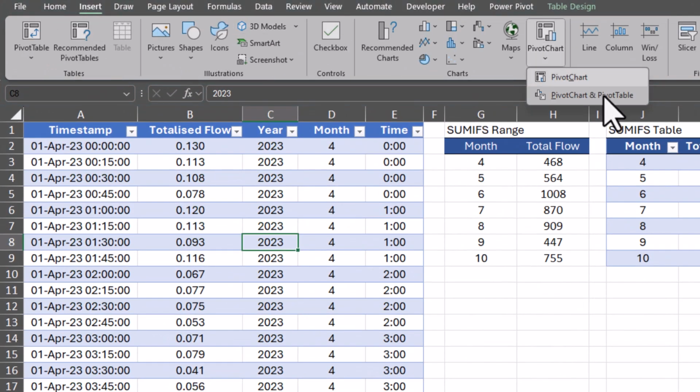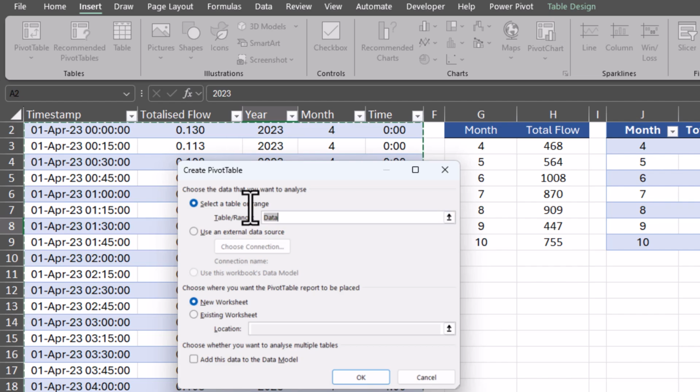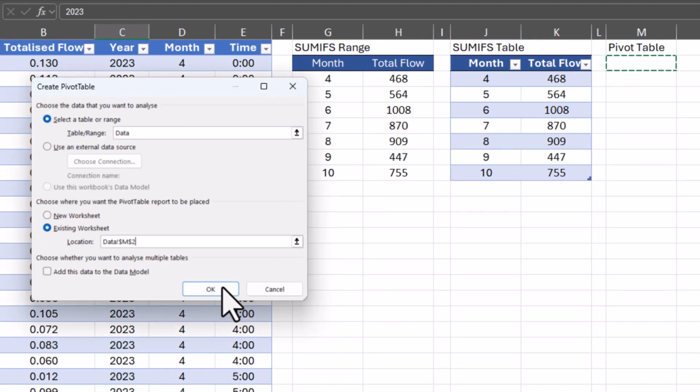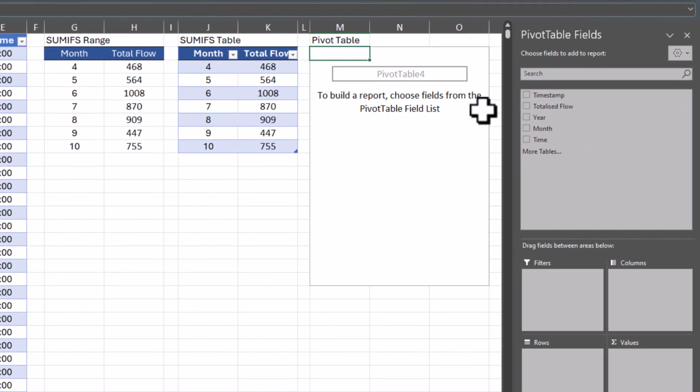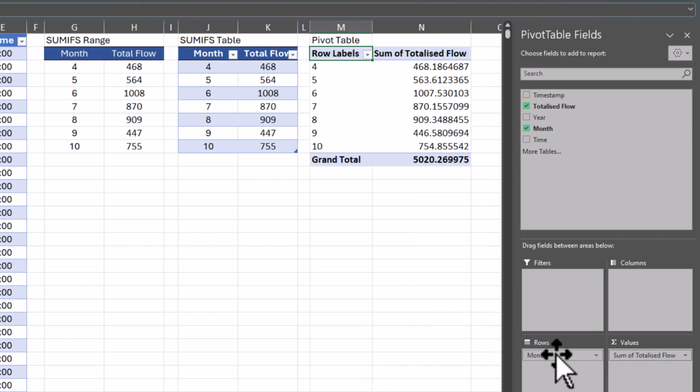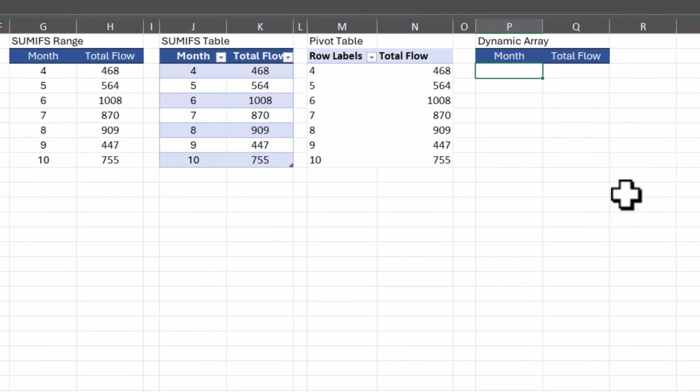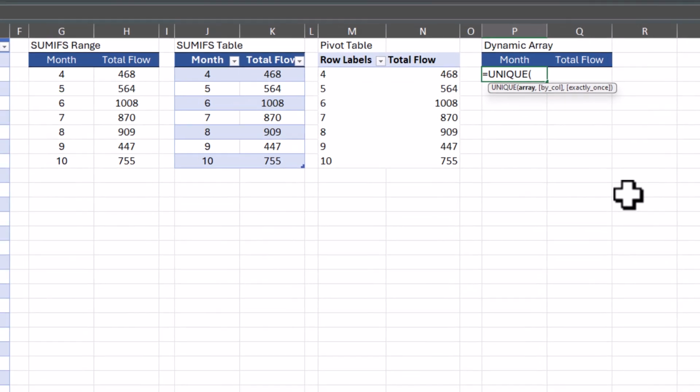In the third method, I could make my data into a pivot table, and I would remove the chart because we don't need that for now, and I'd drag the totalized flow into the values field and the month into the rows field. In the last method, I'll use the unique function to pick up all of my month values